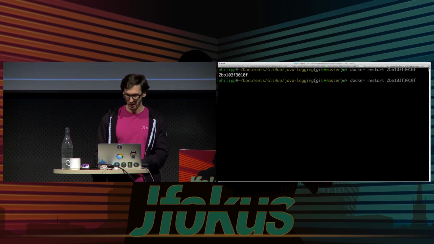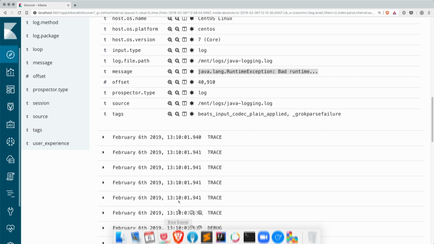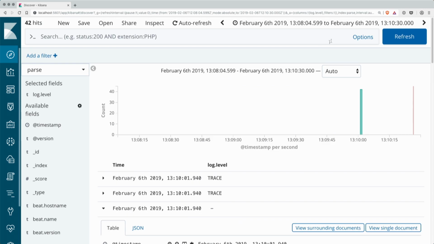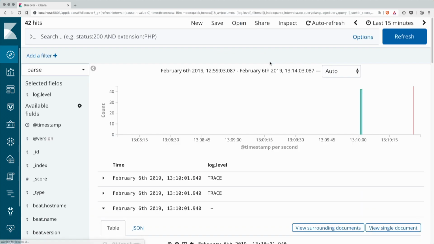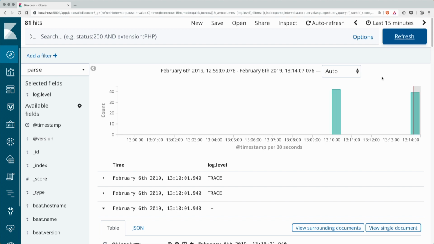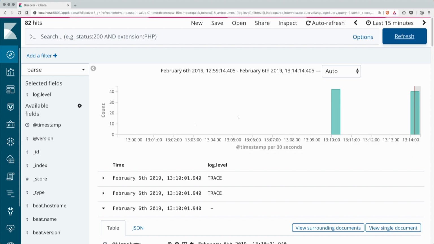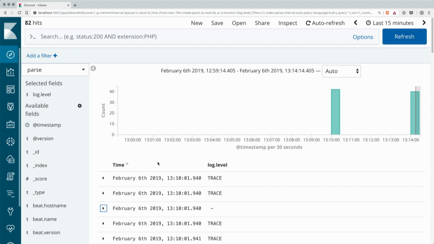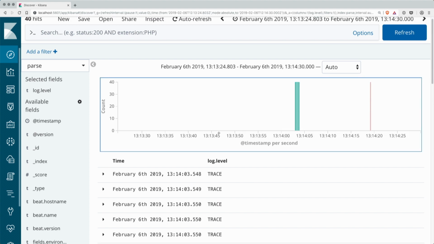So when I run my log events again, this should generate another batch of logs. And this time, hopefully, it should be 40. So let's say we want the last 15 minutes again. And if everything worked out correctly, let's see, they're coming in. And you can see here we had 42, and here we just have 40 now. And if I fold that back in and say, let's zoom into those, because I'm only interested in those 40,